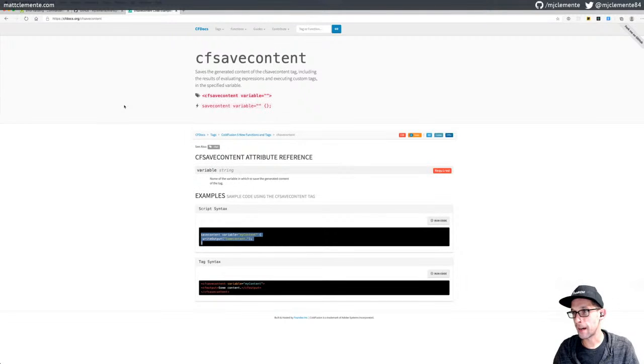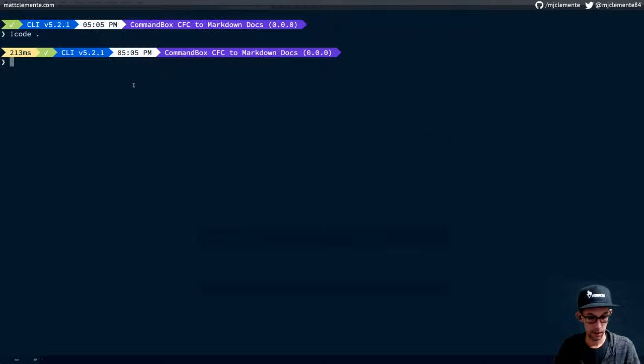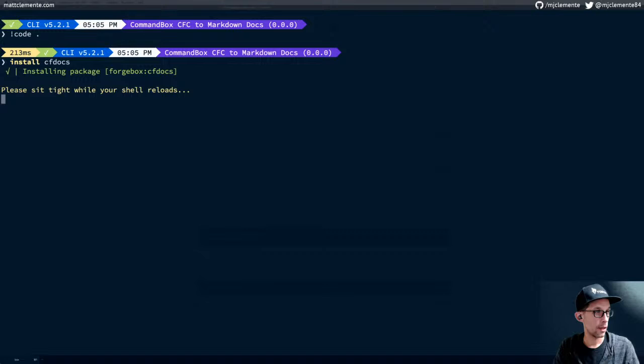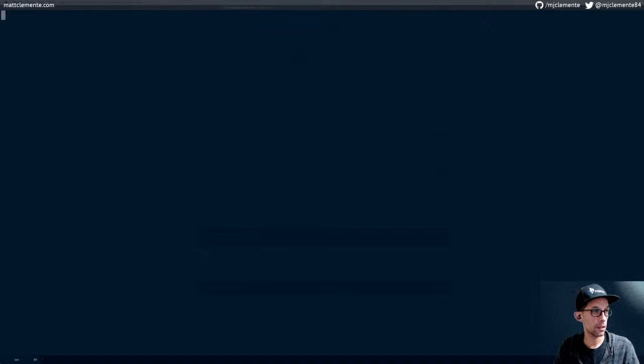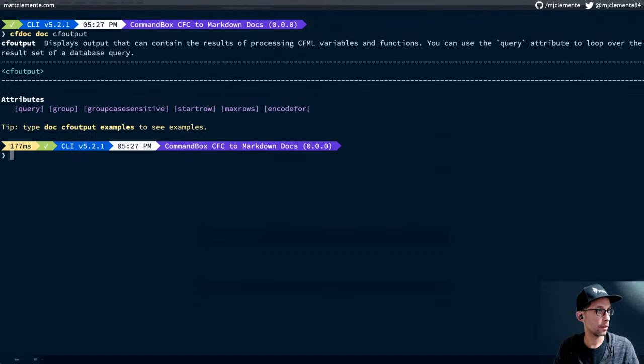Oh, I wonder. I don't think CommandBox has a pretty. How does the CF docs command work? Let's hop back here. CF. Do I have CF docs installed? I don't think I do. Install CF docs. I forget how CF docs outputs the documentation. So CF docs doc CF output. So for the terminal, yeah, it does its own bolding and stuff, but it's not parsing